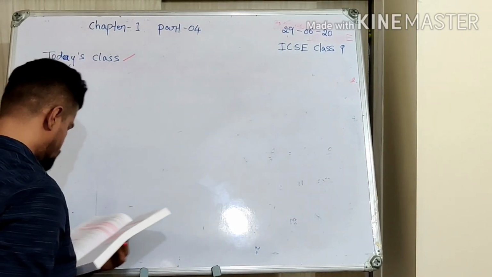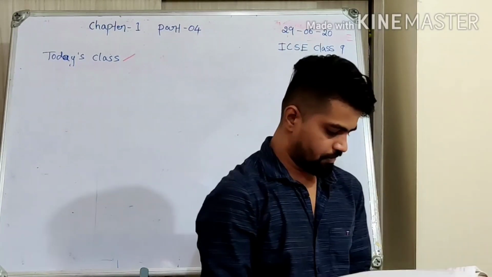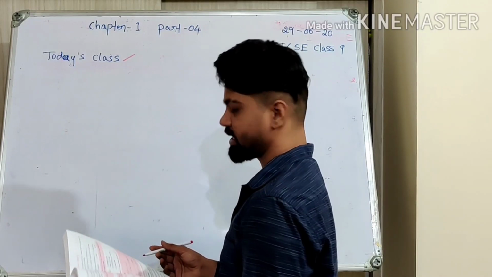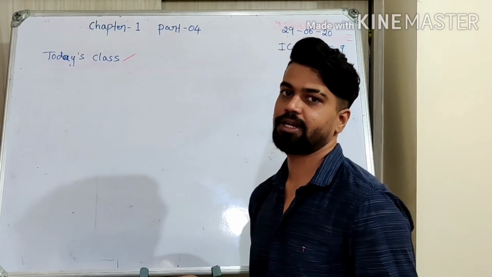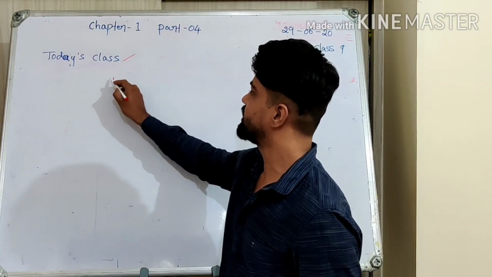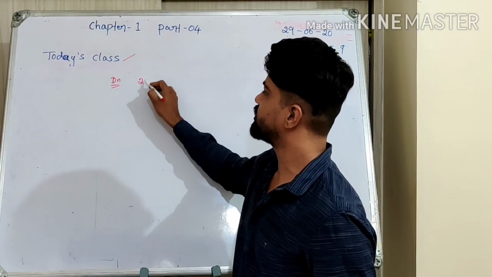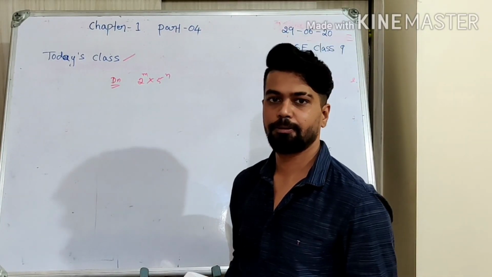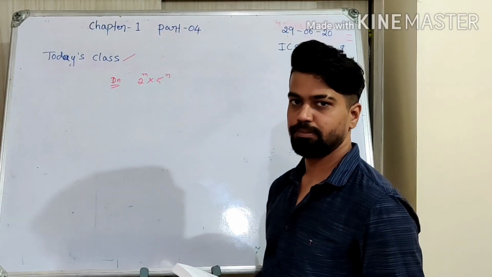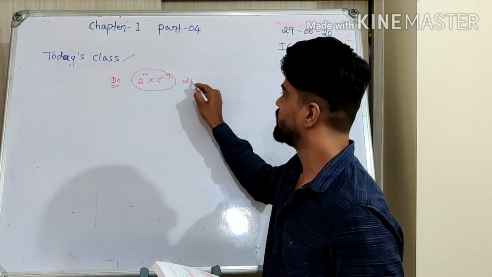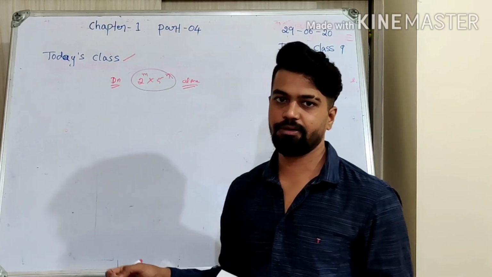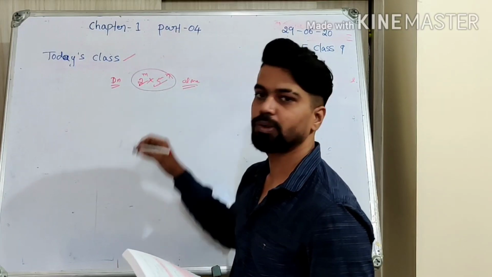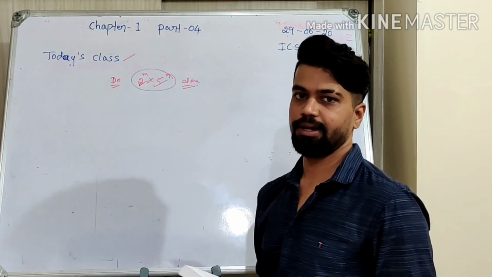So now coming to the last question in this exercise: without doing actual division, find which of the following rational numbers have terminating decimal representation. Last class we saw what kind of numbers will have terminating decimal representation. Those numbers whose denominators can be expressed as 2 power m into 5 power n, where m and n should be whole numbers only. Nothing else should come in that. That is, 3, 7, all those numbers should not come. So any denominator you can represent in this format alone will be a terminating decimal, or else it is not.